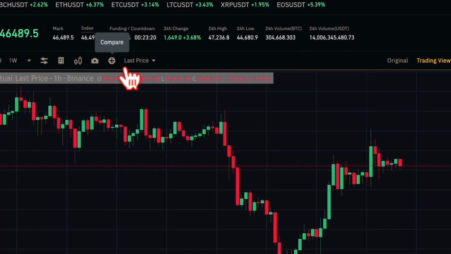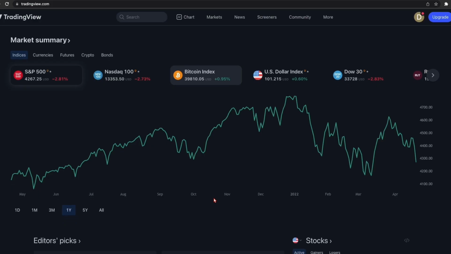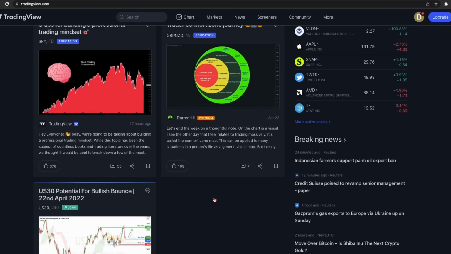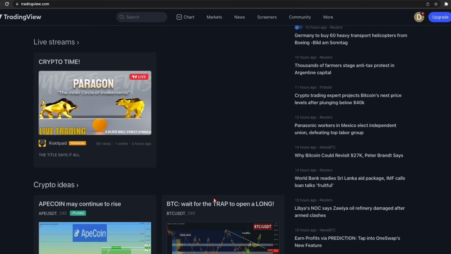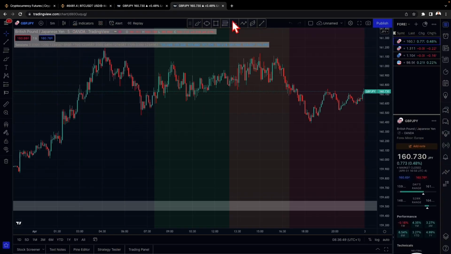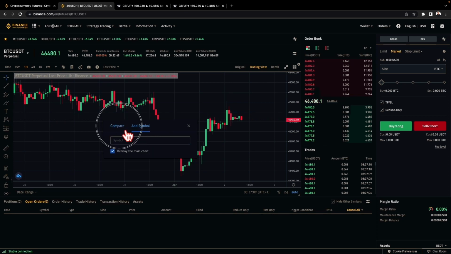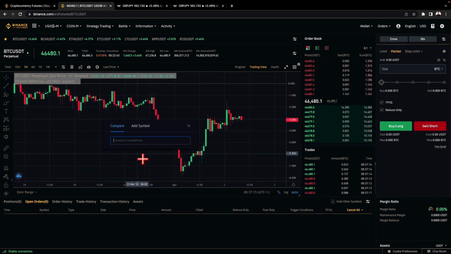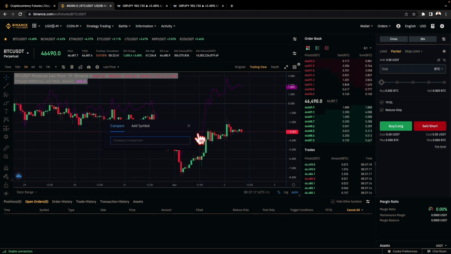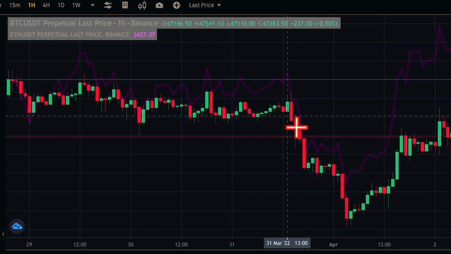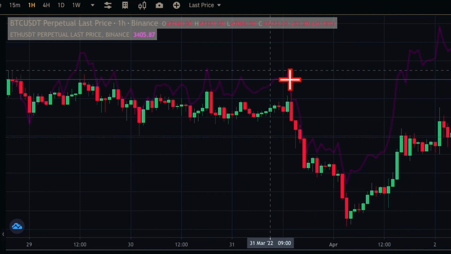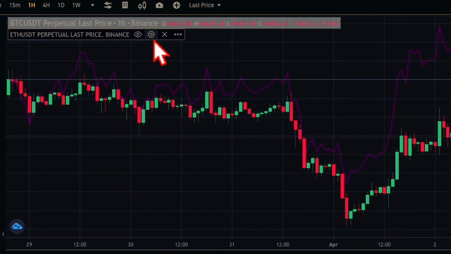Here we can do a comparison since we are on TradingView. Whatever that you are seeing here is similar to what you would have gotten on tradingview.com. So here we are on TradingView, so you can see all these things here are very similar to what you will get on TradingView. For comparison, it's used to compare one price with the other chart or one symbol with the other symbol. So you can compare this Bitcoin chart with Ethereum perpetual contract for you to see how they behave together and how Bitcoin and Ethereum are behaving in regards to each other. You're seeing it, this Ethereum, this Bitcoin. And if you don't like it, you can always remove it.